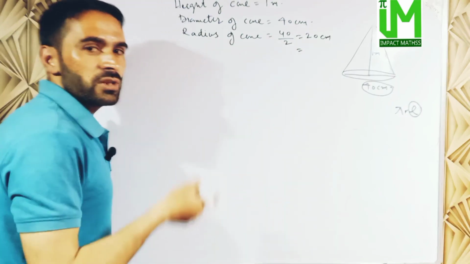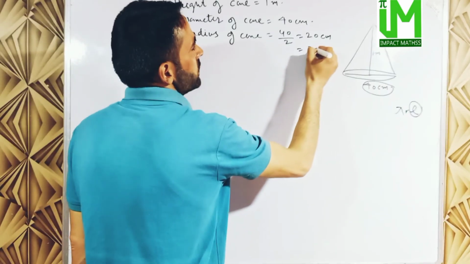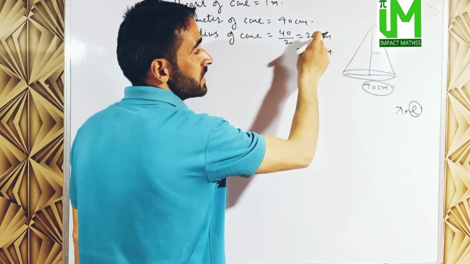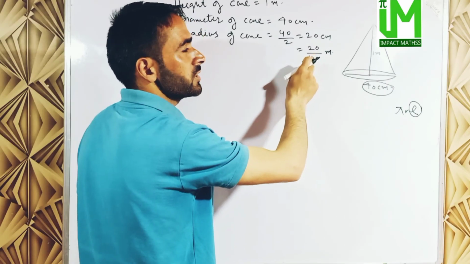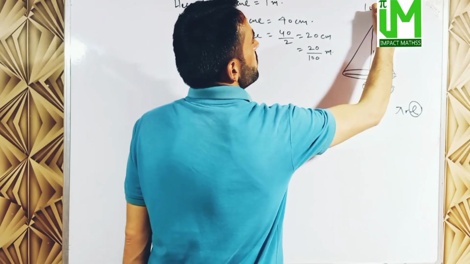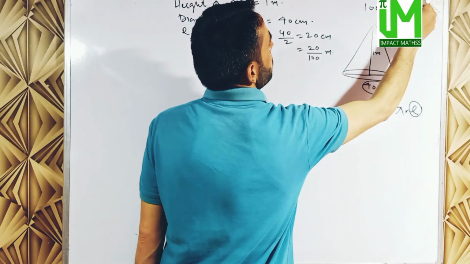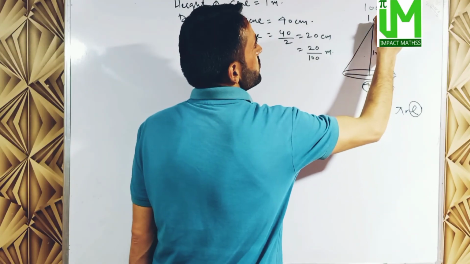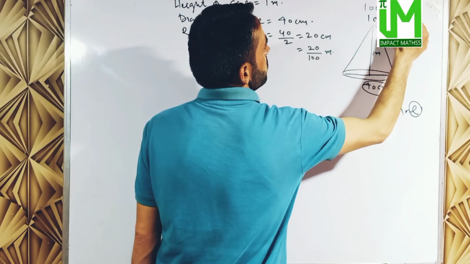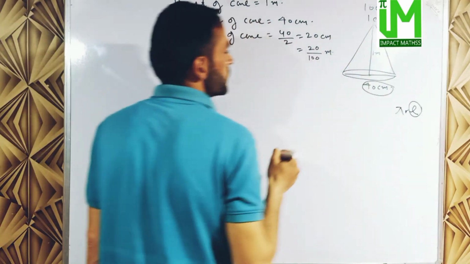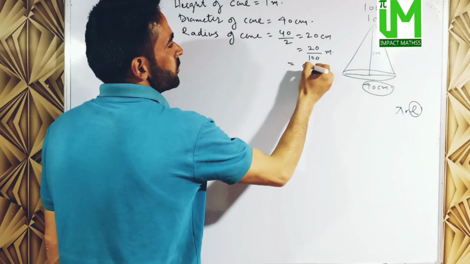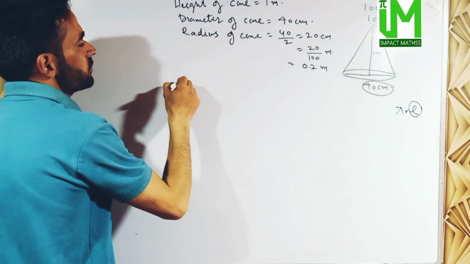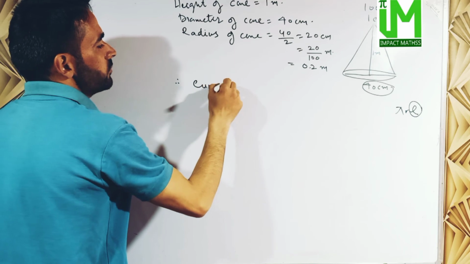But we need to convert 20 centimeter into meter, so it will be 20 divided by 100 meter. We know 100 centimeter is equal to 1 meter, which means 1 centimeter is equal to 1 divided by 100th part of a meter, so it will be 0.2 meter. So therefore the curved surface area of one cone